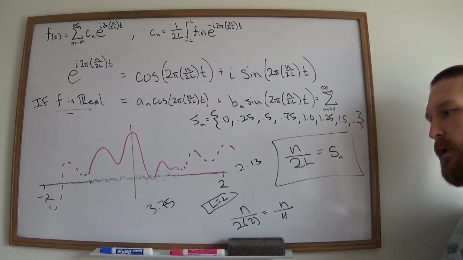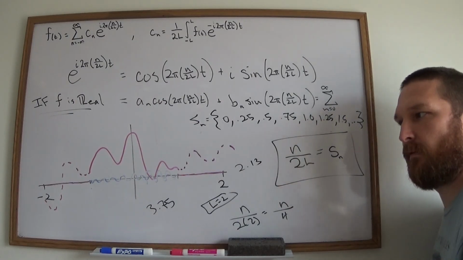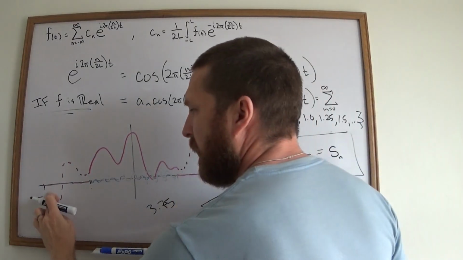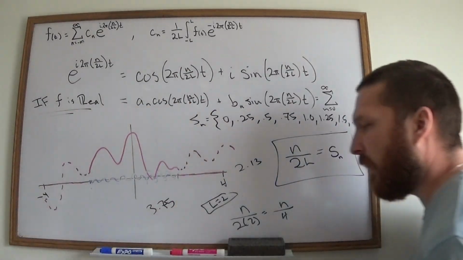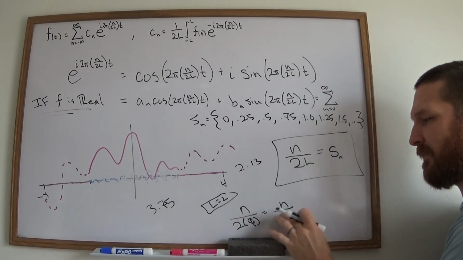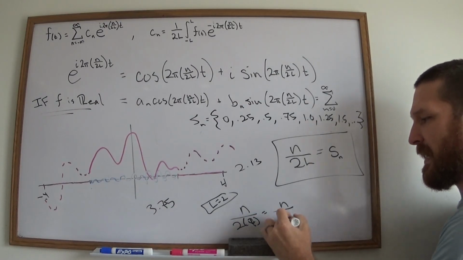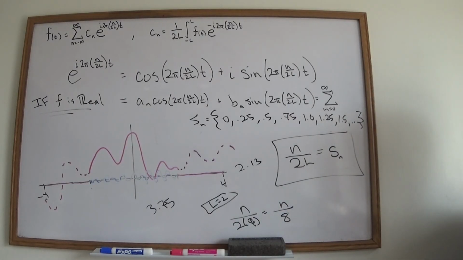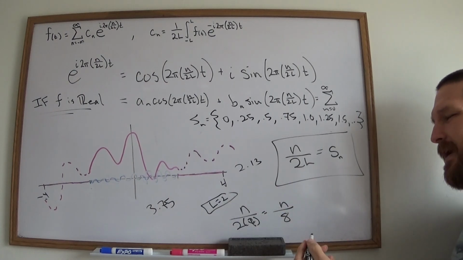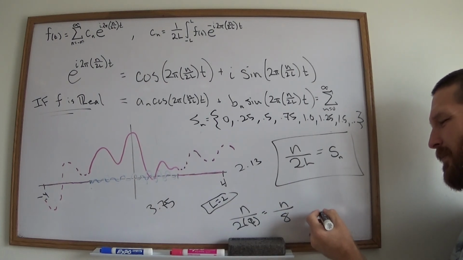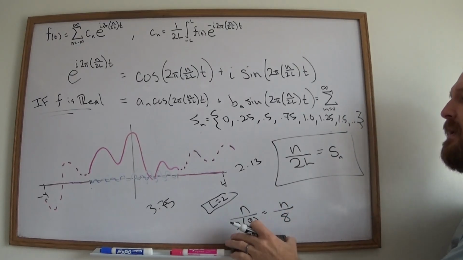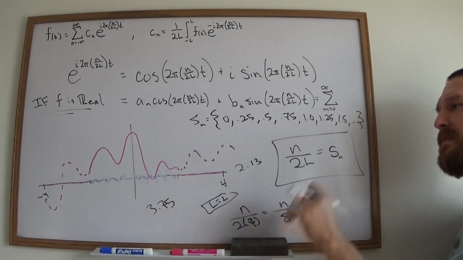So what can you do? Well, we can make L even bigger, right? If we go from, say, -4 up to 4, now when we plug this in, we have 2 over 4. We have n over 8. Is that right? Yeah, 8. And so now we have even more frequencies. I think 1 over 8 is like 0.12. Yeah, I'm not going to try that, right? And so on and so forth. In other words, what I'm saying here,